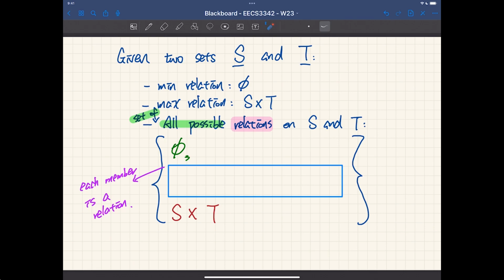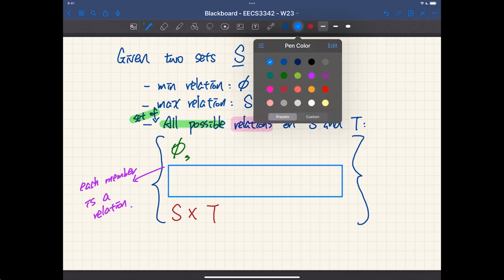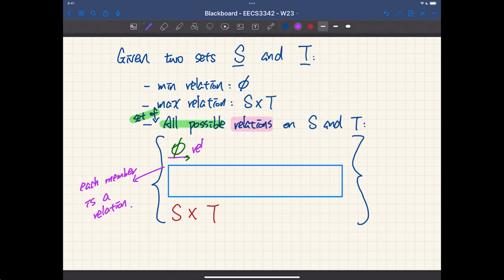So think about what we're doing here. This guy here is a relation of cardinality 1. And notice one thing here. It seems like we haven't really defined the cardinality of a relation, right? Actually, we did, because a relation is a set. So when we say cardinality of a relation, we are saying the cardinality of that set of pairs, right? The empty relation has cardinality 0, for sure.